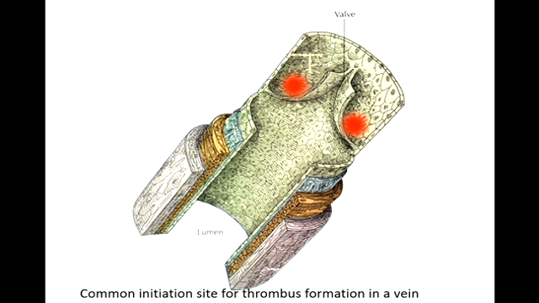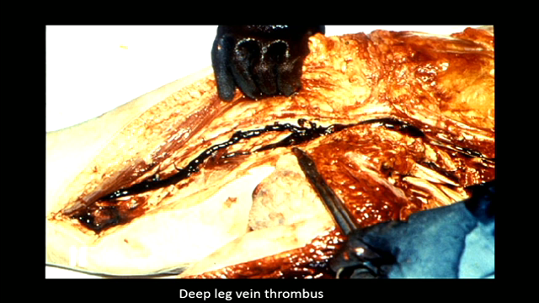You've probably got that there anyway, haven't you? But anyway, now look at this one. This is a deep leg vein thrombus, and I think it's a thigh, and there is your deep leg vein, which would be the femoral vein. As you can see, some of these can be up to 60 centimetres long, maybe more, and have a diameter of maybe up to 2 centimetres.